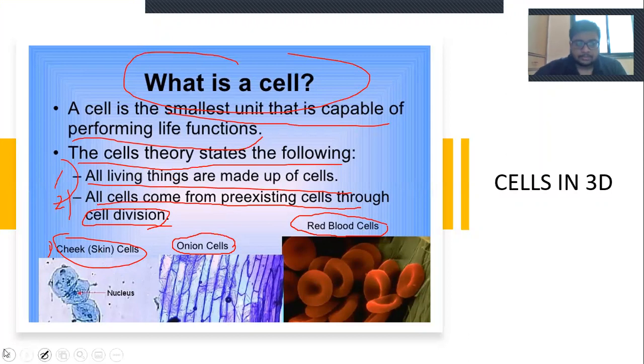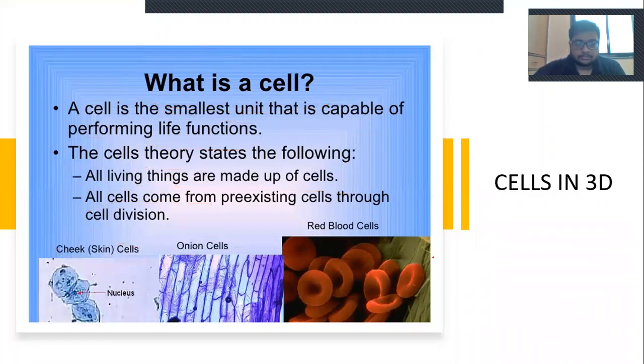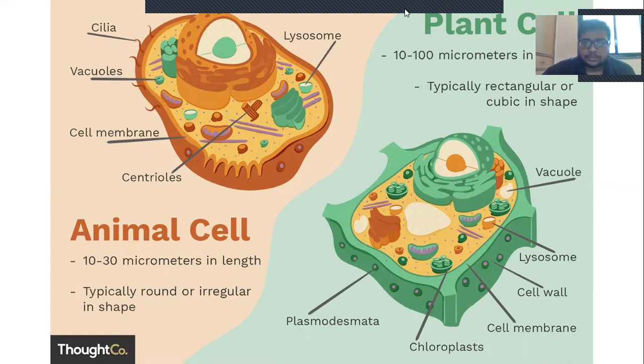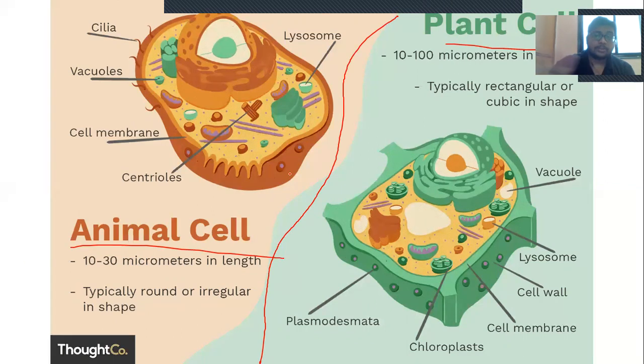Let's explore this topic. Okay, this is a very good diagram actually. This is a plant cell over here, and this is an animal cell. So there's a difference between plant cell and animal cell. We are going to study some topics regarding this. First is the plant cell, and plant cells are present in plants. Animal cells are present in animals, and both have some differences and some common things also. Let's see them in greater detail.